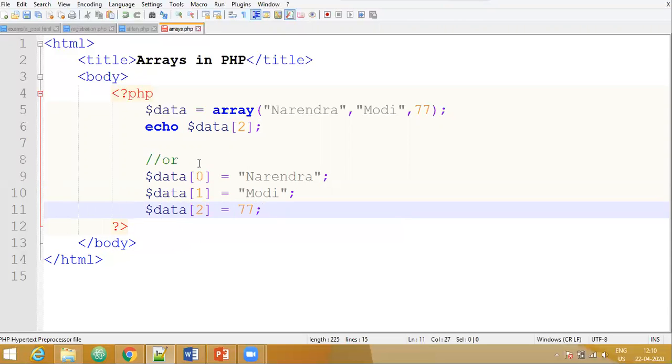So here I have specified the index values manually, whereas here the index value was automatically taken.